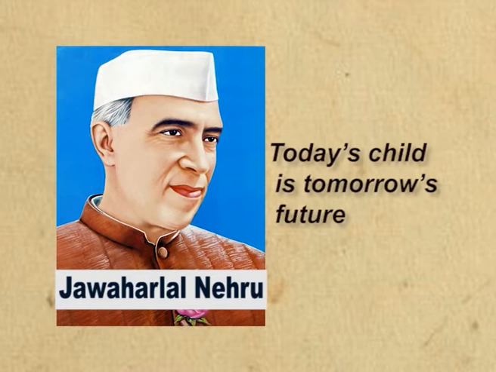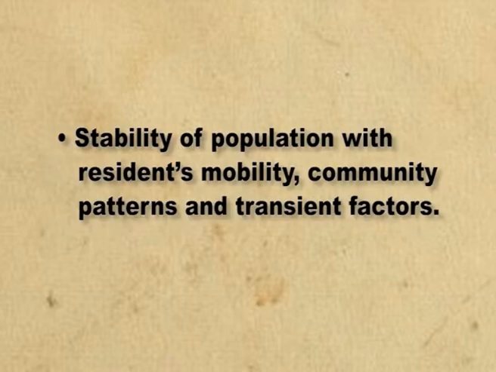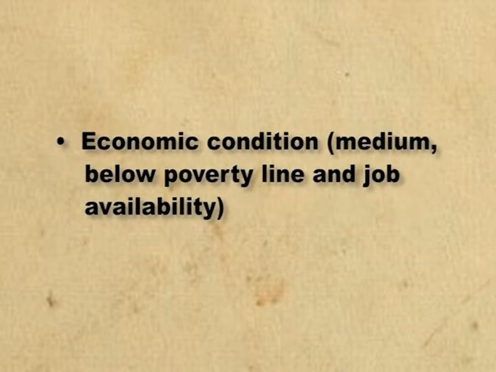Jawaharlal Nehru has said about children that today's child is tomorrow's future. Some factors which are known to affect the volume and type of crime occurring from place to place are population density and degree of urbanization, particularly the concentration of youth, stability of population with residence mobility, community patterns and transient factors, economic condition, medium, below poverty line and job availability,